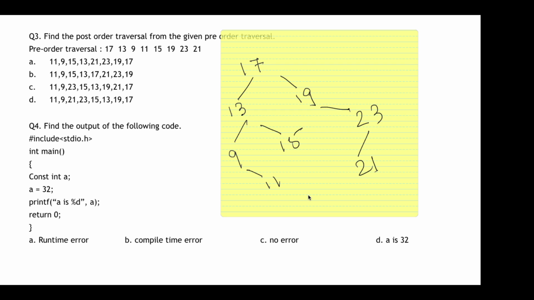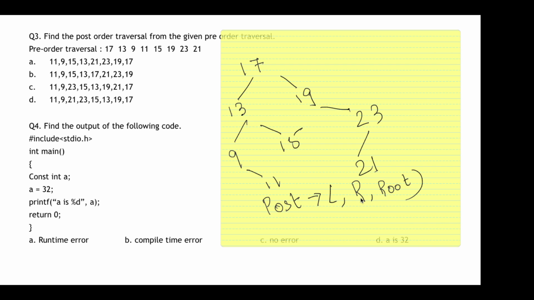In post order traversal, it is first the left node, then the right node, and then the root node. This is the basic concept of post order traversal. So what is the left node over here? We don't have any left node, so we'll straight start with the right node. So it will be 11, then, comma, what is the root node? It's 9. Then, because 9 is the left node, we have another right node, so it will be 15. Then what is the root node? Root node is 13.